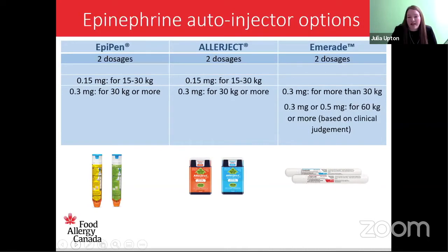And so in terms of if you're switching from EpiPen to ALLERJECT, you would want to make sure that you know how to use it, and you practice I guess with the demo. Yeah. That's the same with all devices. You want to be sure of them all. You know how to, yeah, absolutely, because they are quite different,